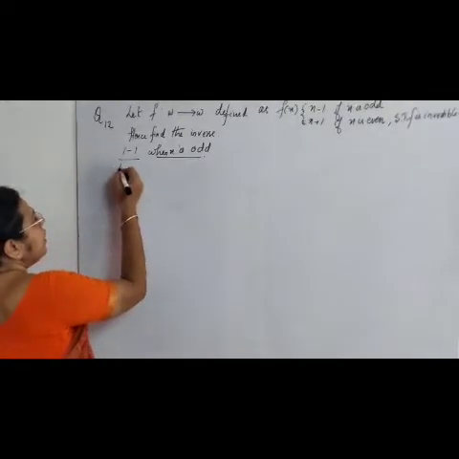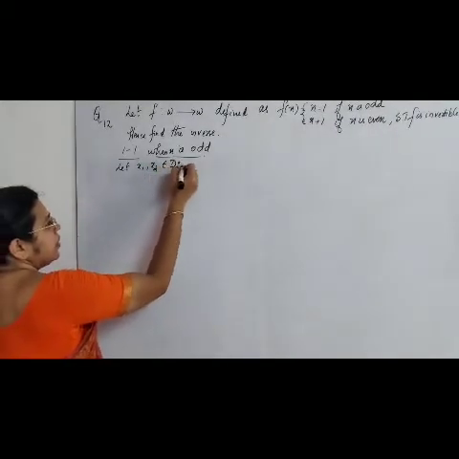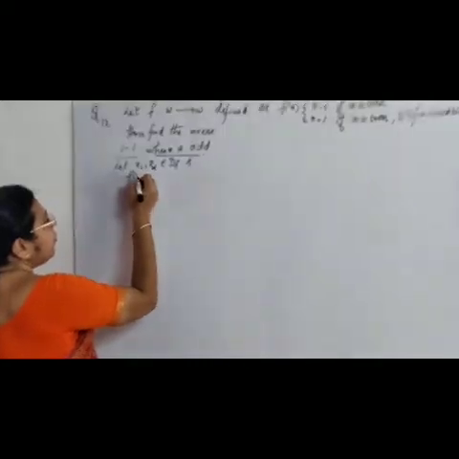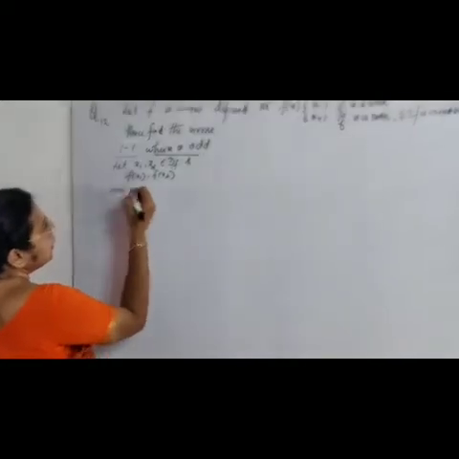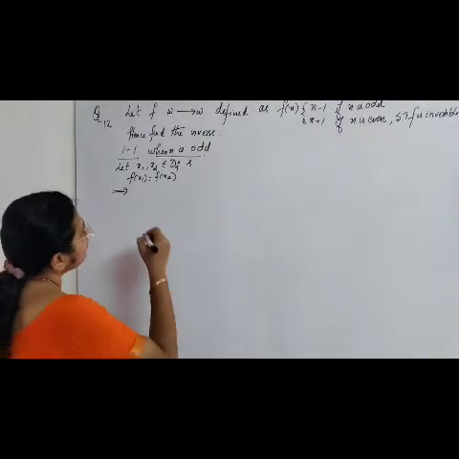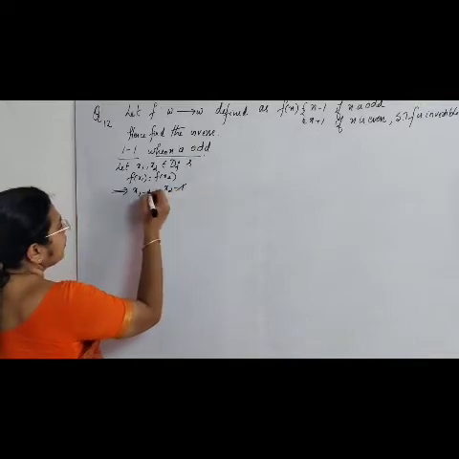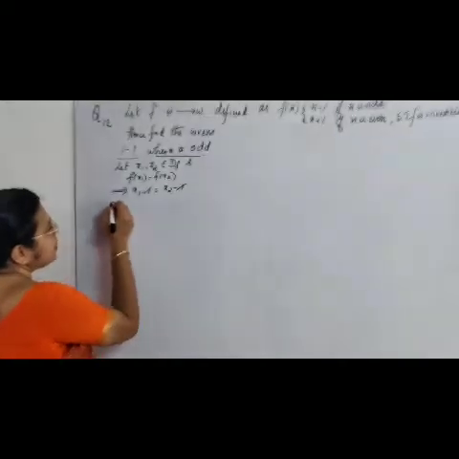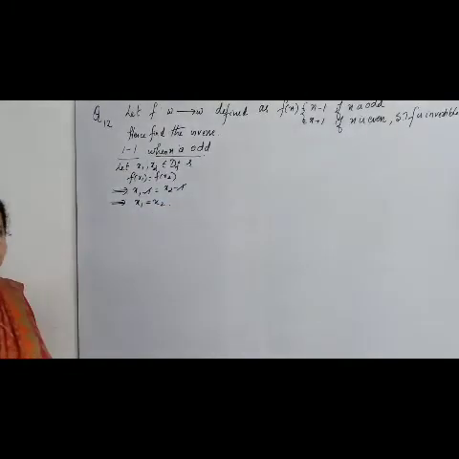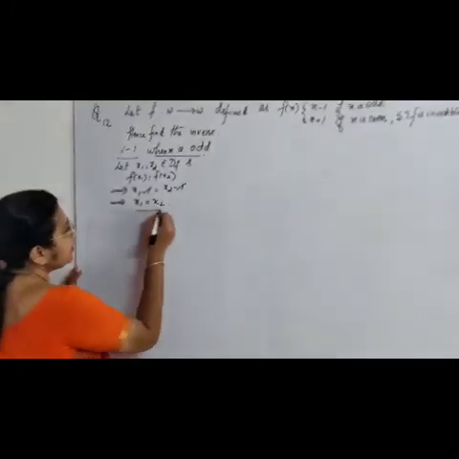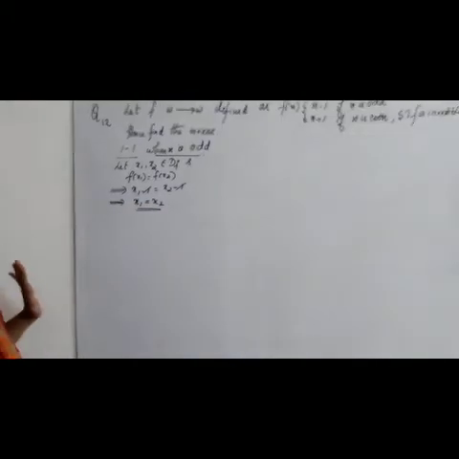When n is odd, let x1, x2 belong to the domain of the function such that f(x1) = f(x2). What does this imply? It implies x1 - 1 = x2 - 1. The 1 and minus 1 cancel from both sides, giving x1 = x2. But here we cannot say anything about one-oneness yet. Only the first part is simplified.